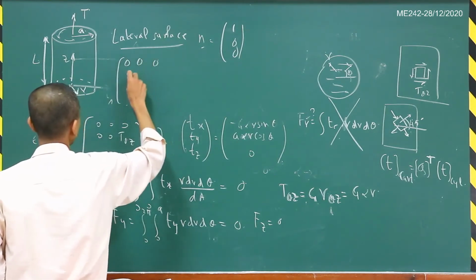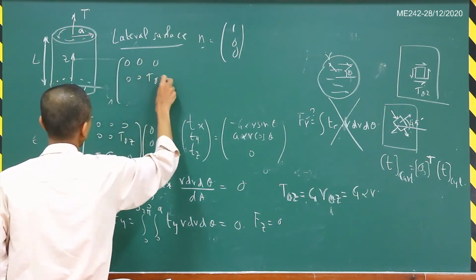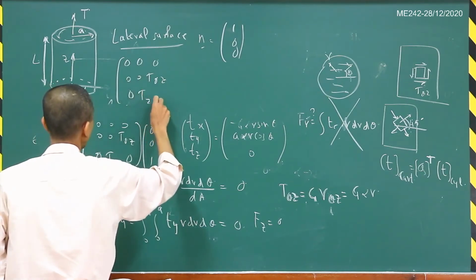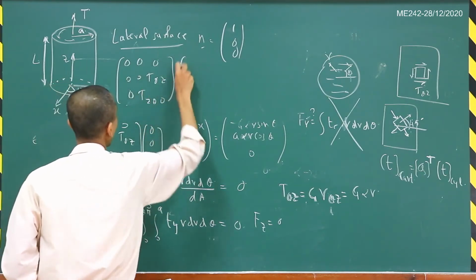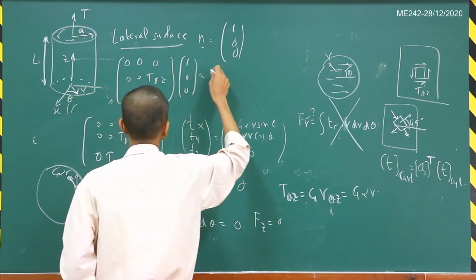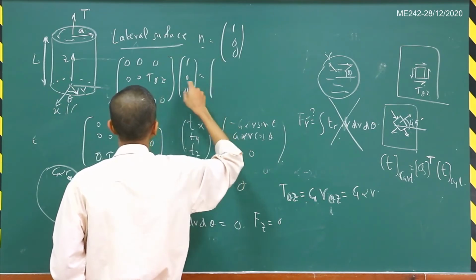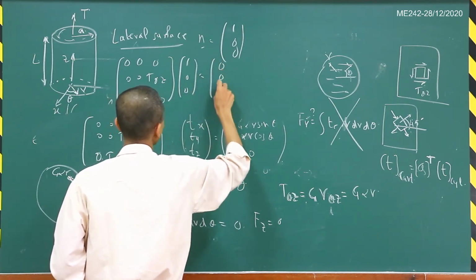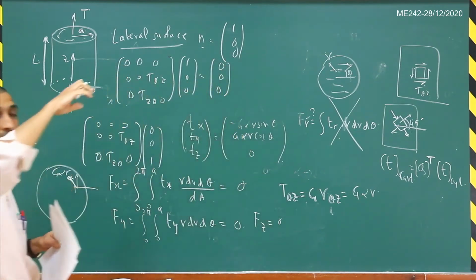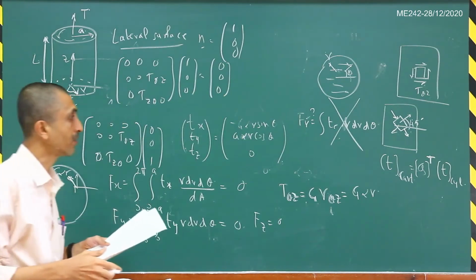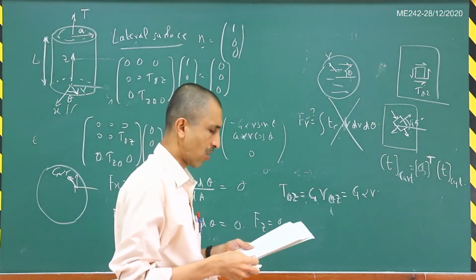And so if you multiply this stress tensor with (1, 0, 0), you will get 0, 0, 0, the tractions are just going to be 0, 0, 0. Correct? So automatically you will see that the traction free boundary condition is satisfied on the lateral surfaces. Okay, so we have now verified all the boundary conditions.